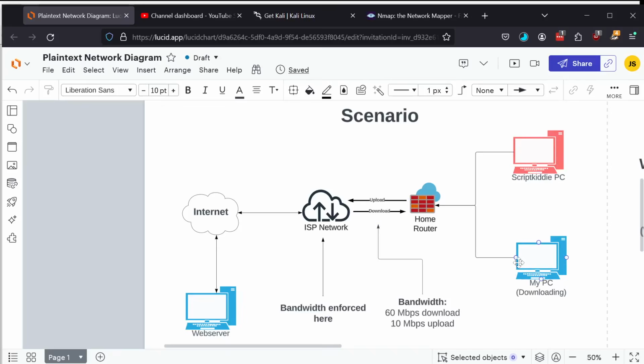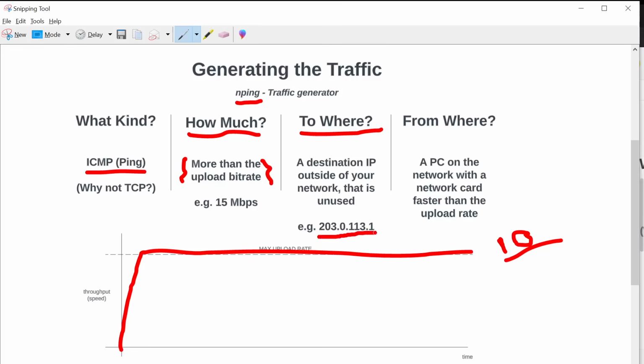Not just that PC. Okay. So what I've chosen is an IP address, 203.0.113.1. Look up this IP if you're interested. This is not an IP that belongs to anyone. This IP address is known as one of the reserved IP addresses, where the Internet Authority of Internet Numbers, I